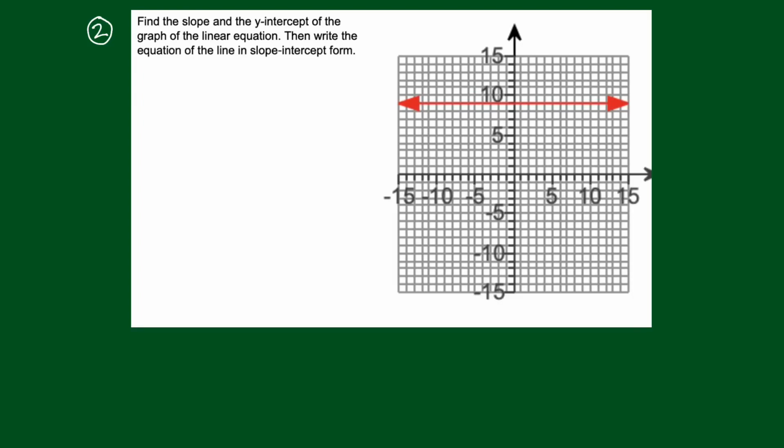We want to find the slope and the y-intercept of this line right here. Now, this is a horizontal line. So what we've got here is a horizontal line, and I know automatically when I have a horizontal line that the slope is 0. But we'll test that out for sure. Suppose that we do this. The slope is, if I think this, that it's the vertical change over the horizontal change,